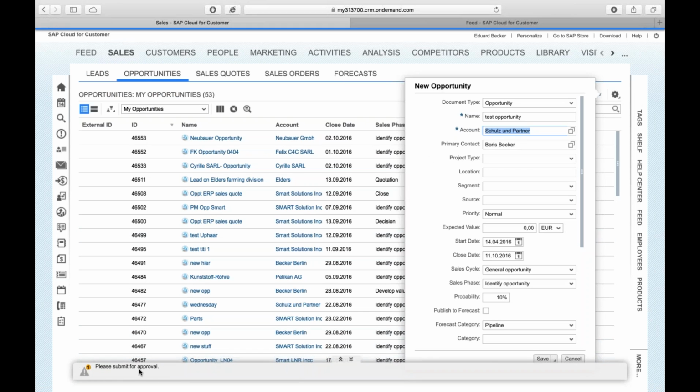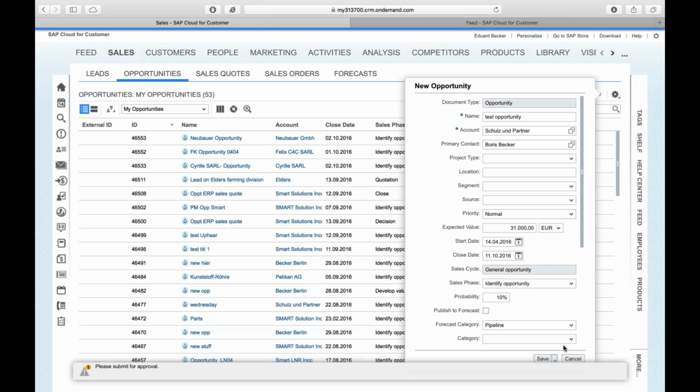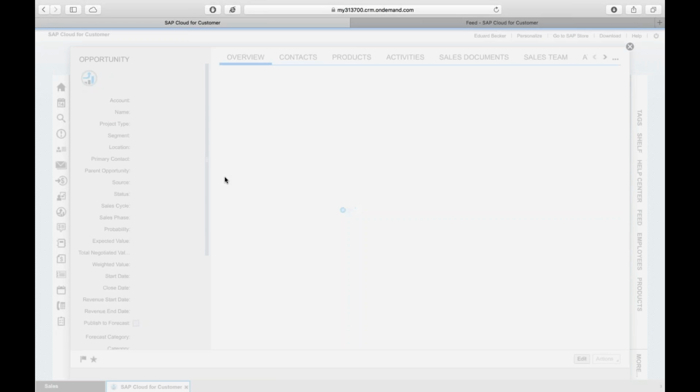Okay, it also says that I will have an approval process for my opportunity. For now, I'll just put the expected value for the opportunity, and I'll save and open the opportunity. Okay, so that's my opportunity screen.